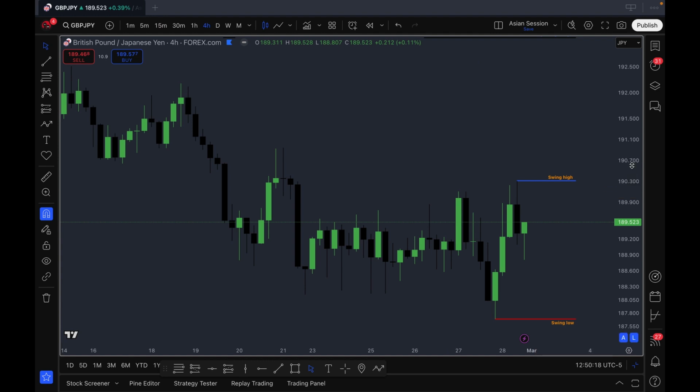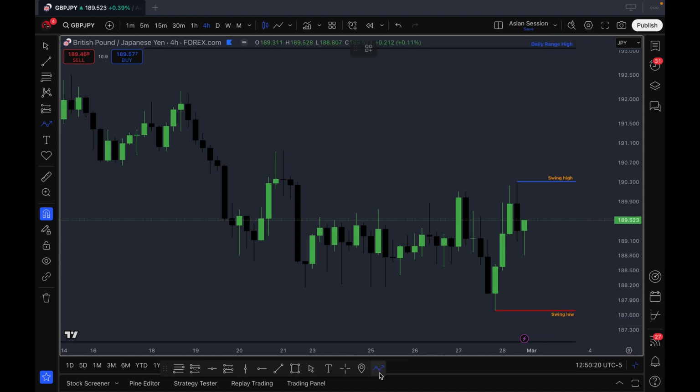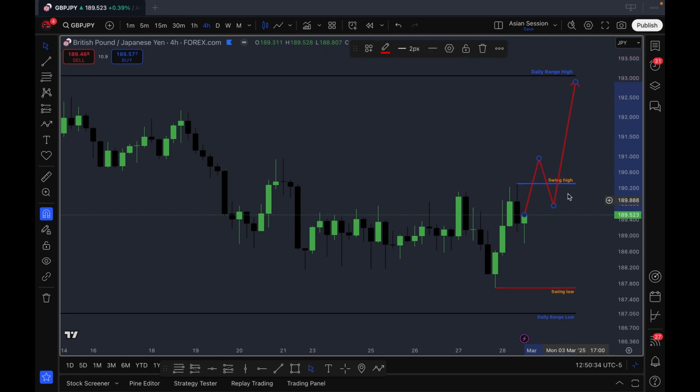if it goes to the downside. But if it decides to continue to go to the upside and break past the swing high, I'll do the same: wait for a retracement into the swing low, and then target my daily range high. I'll probably be trailing my stops until I get stopped out, or I'll just take profit with a certain margin if it doesn't reach the daily range high or the daily range low. So yeah, that's